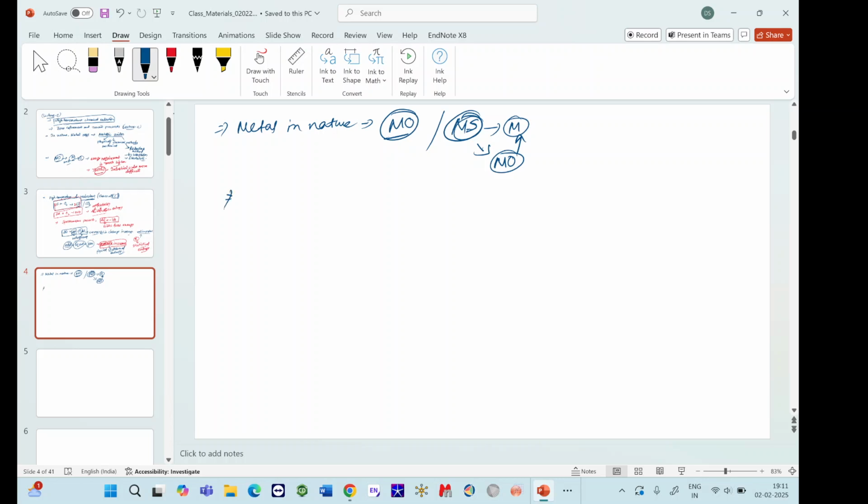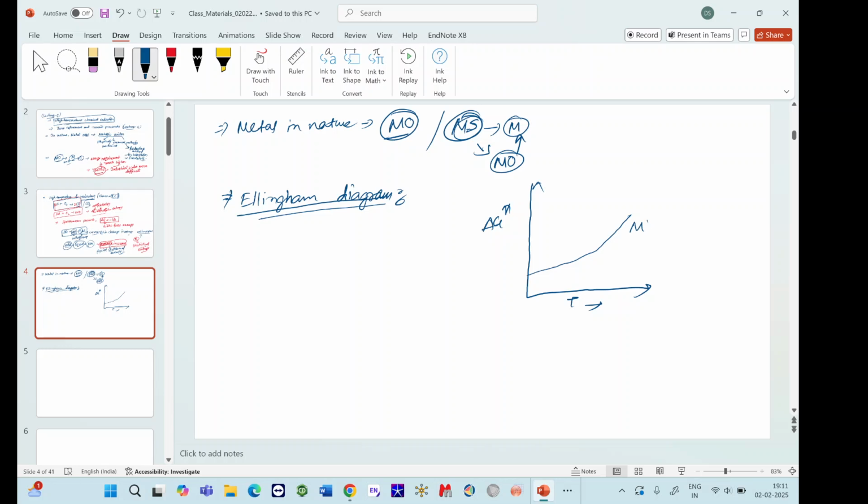There is one word that is called Ellingham diagram. Maybe many of you already know about it. Okay, so this is a diagram of delta G versus T. Suppose for a metal oxide, if you heat it,